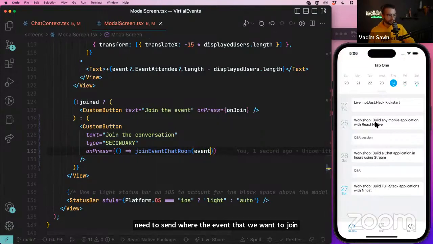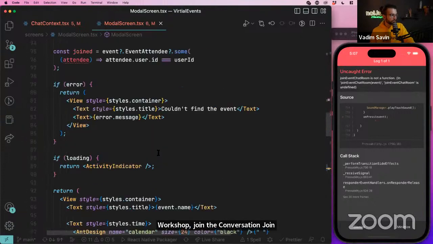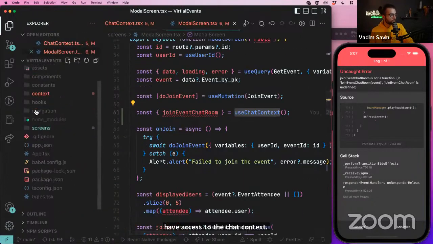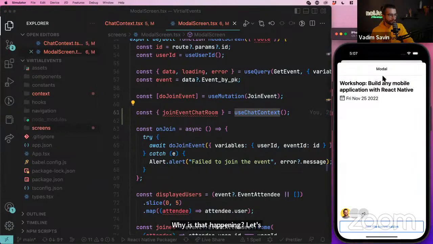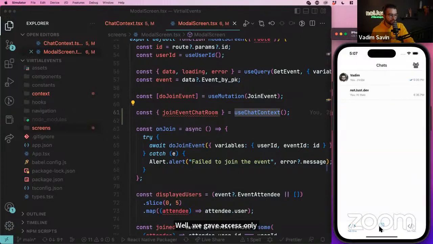Now, if I go to the workshop and press join the conversation, join event chat room is not a function. Why is that happening? Well, because somehow we do not have access to the chat context. Let's think about to what screens we gave access to our chat context. Well, we gave access only to the chat screens here, and we did that by